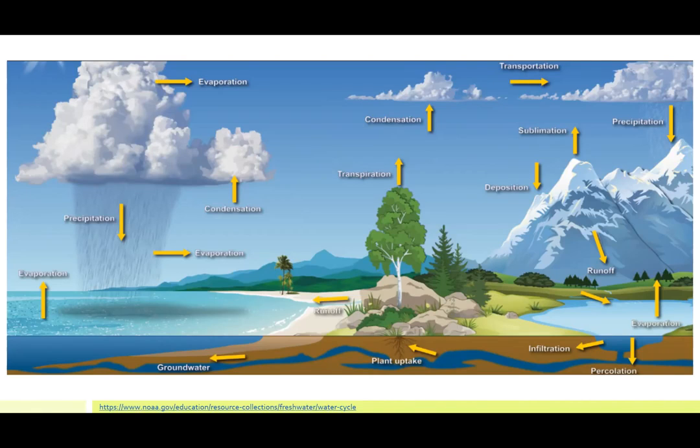The precipitation then leads to runoff, where water flows from high to low, and there are two types of runoff: surface runoff and groundwater runoff, which I'll explain later. Also, another process is called infiltration, where some of the rainwater is absorbed by the surface and moved to the ground. There's another similar but different step called percolation, where the water goes deeper into the groundwater. Next slide.